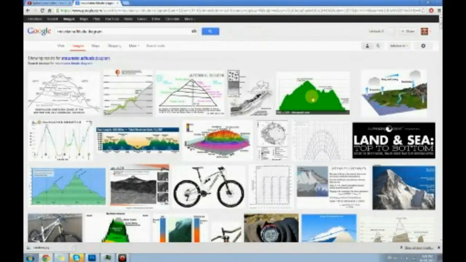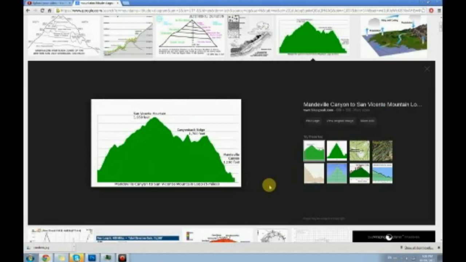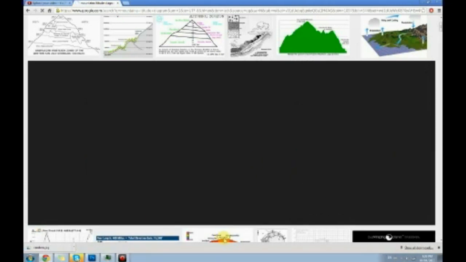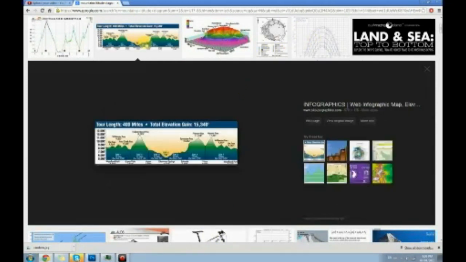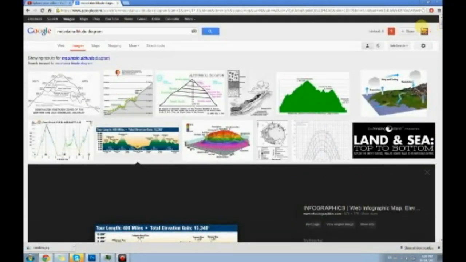Let me just show you why I said altitude. When we want to measure the heights of a mountain, what we do is we create a graph and we see how high it is, from the water, or the distance from the closest body of water, because that's basically what our reference point is. All water sort of stays at the same level on the earth, or somewhat like that. Large bodies of water anyway. And we see a sort of cross section of the mountain. We see a sort of cut down the middle of the mountain, and then we see what the mountain's all about, similar to this. This is sort of a cut down of the mountain. Also this, and then there's one that stretches all across the world, the Canadian Rockies, all the way to the